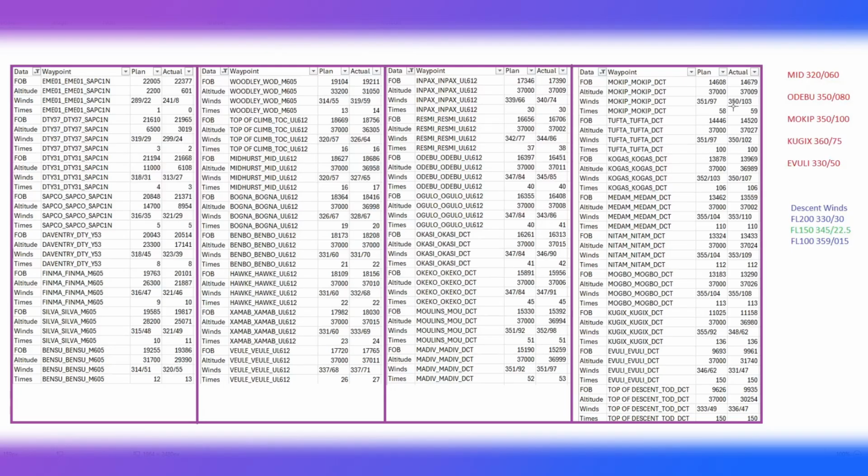Mockip, we said we'd have 350 at 100, and the actual read was 350 at 103. Kugix was where we said we'd have winds 360 at 75, and it read there 348 at 62. So again, near enough. Ivuli is where things started to slow down, and as we said, we'd have 330 at 50, and it read